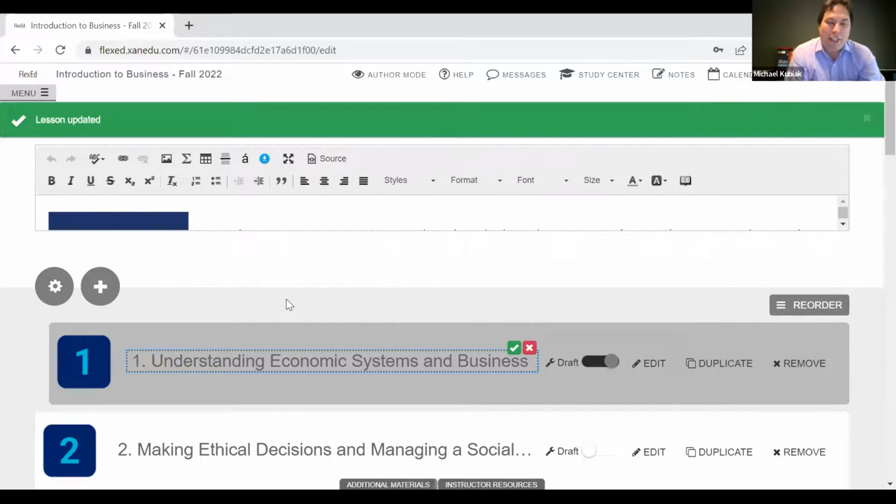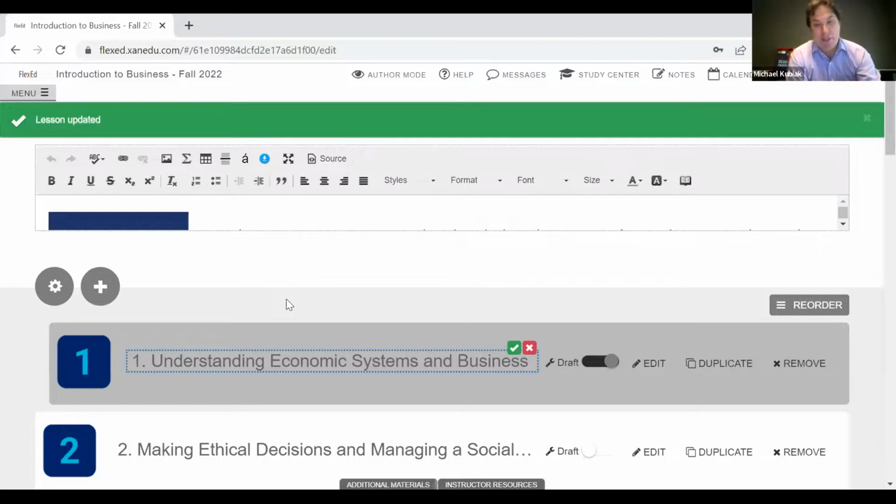We know that several of you on the call today, in addition to teaching Introduction to Business, you also teach other business courses. You may also be using some content from other OpenStax textbooks. We have a few Introduction to Business professors right now that are using the FlexEd platform that like to include, for example, a chapter from the OpenStax Business Law textbook.